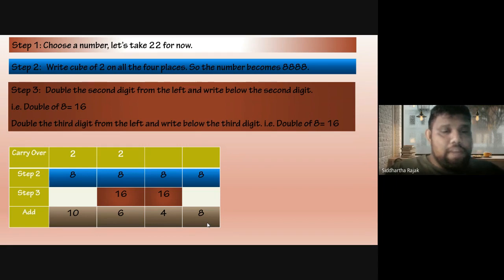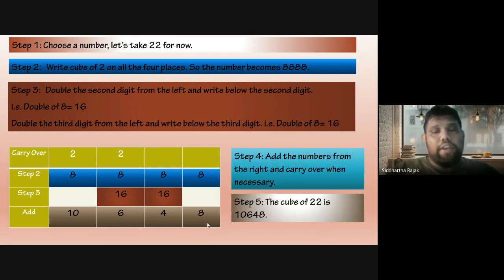So 2 plus 8 plus 16 becomes 26. Again, we write down 6 and carry 2 over, and 2 plus 8 becomes 10. Now we do not have to carry over because we do not have further addition, so we write down 10. So the cube of 22 is 10648. 10,648 is the cube of 22. So likewise, we can find out the cube of numbers which have the same first and